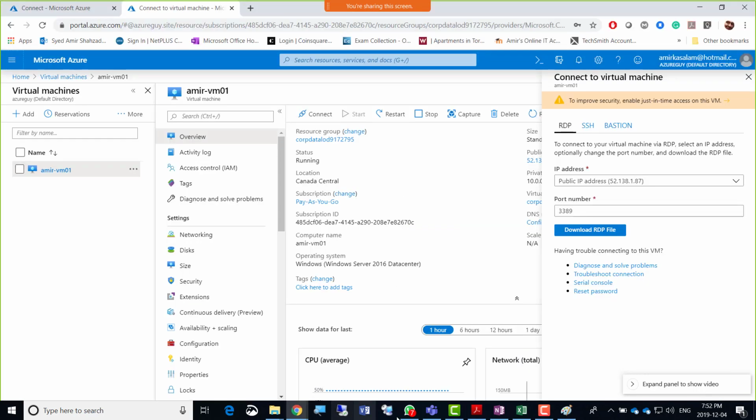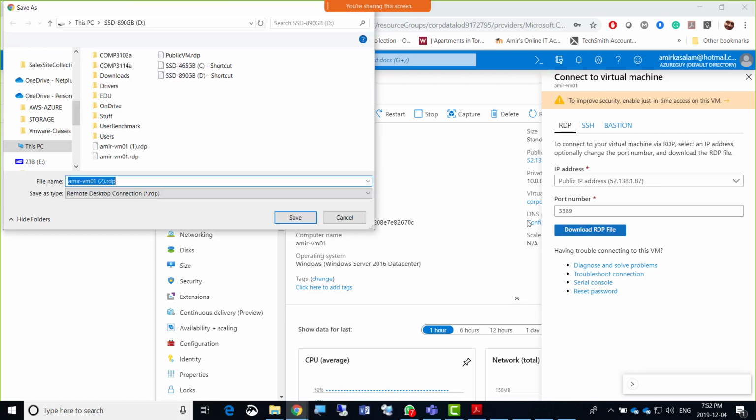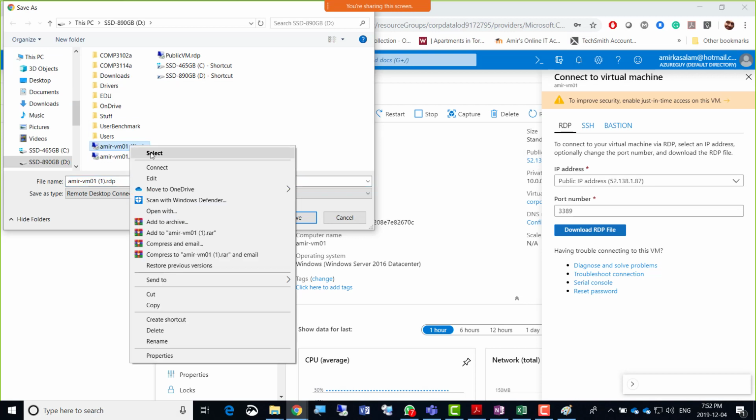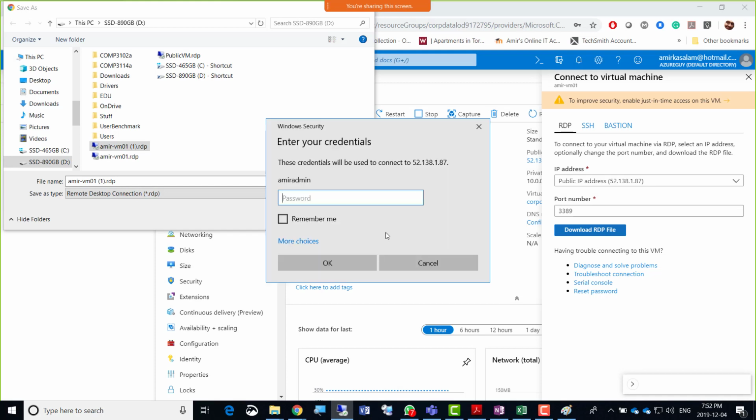Wow, it's not there. So I'll just simply go ahead and go for RDP, and this was the file that I connect. It is in the background started already. I guess I just need to reconnect.